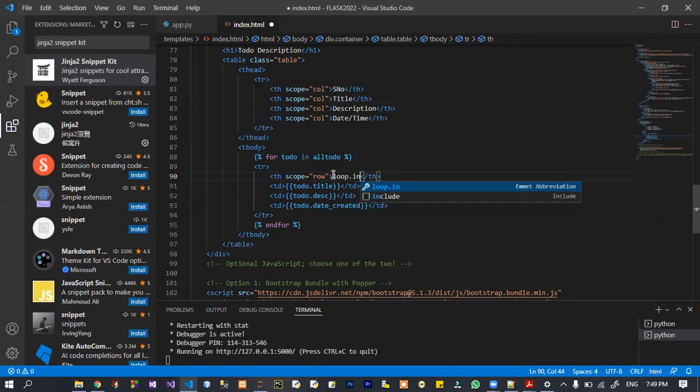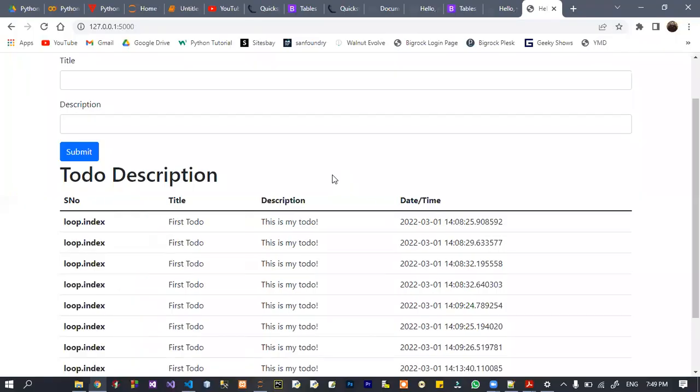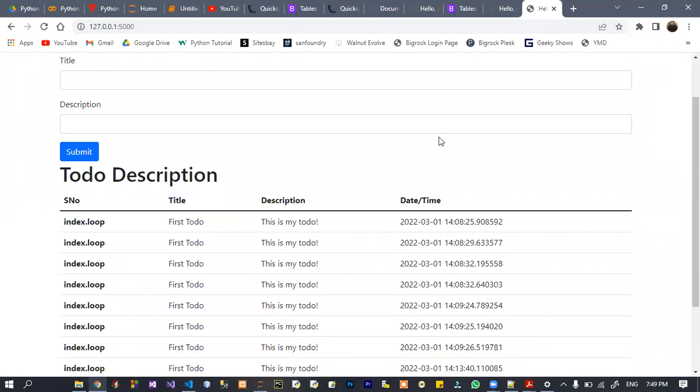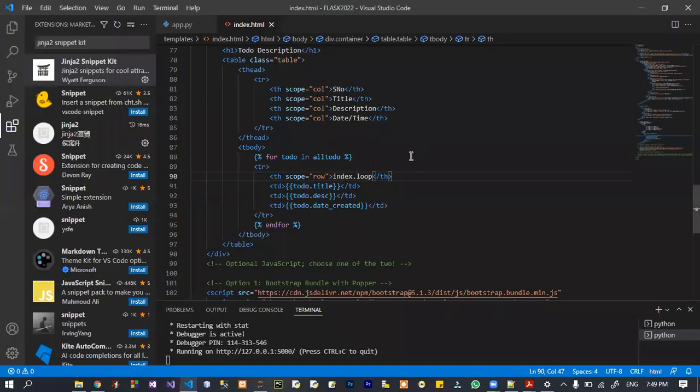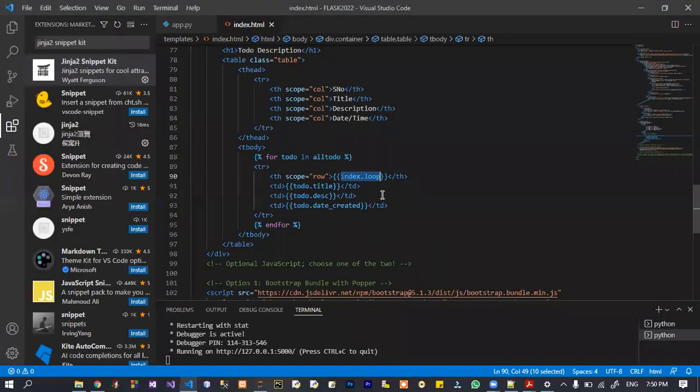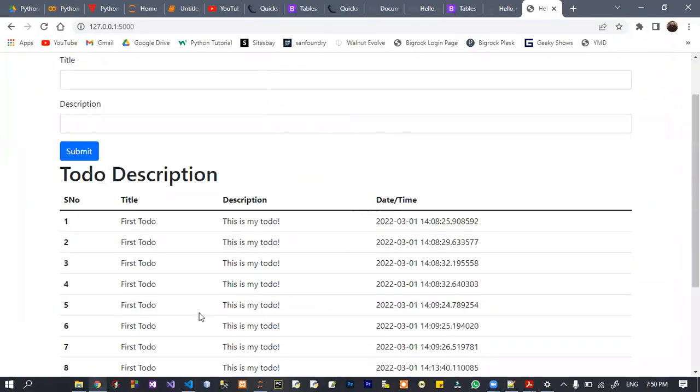Loop.index. Index, loop. Wait for a moment. Okay, sorry. Wait for a moment. Okay, you can see that